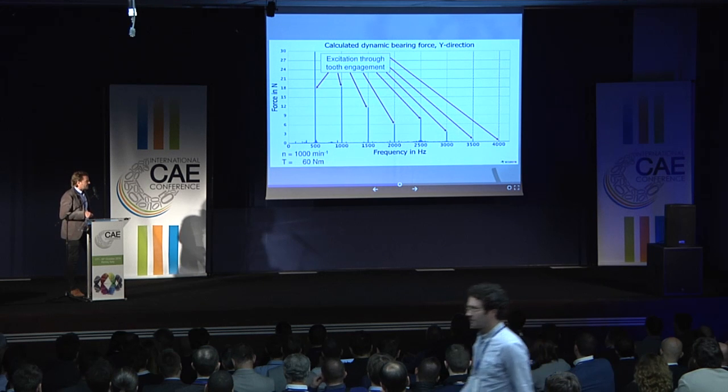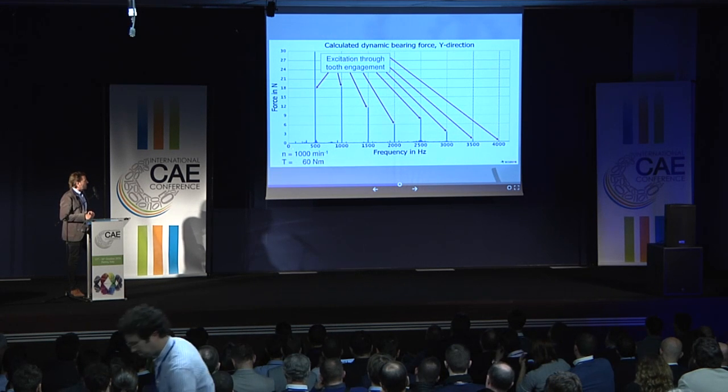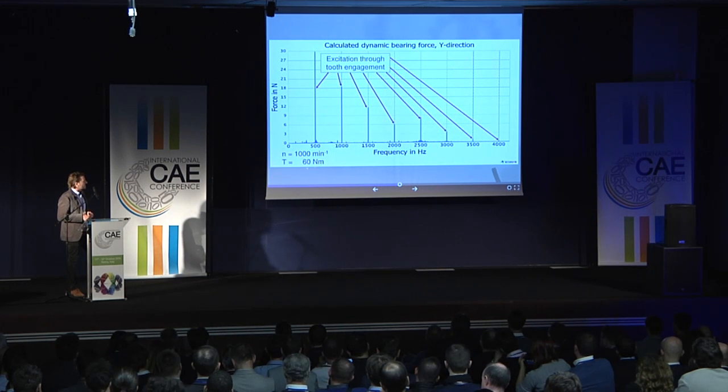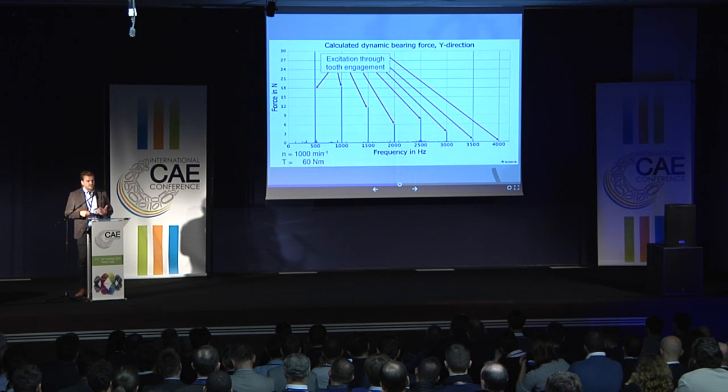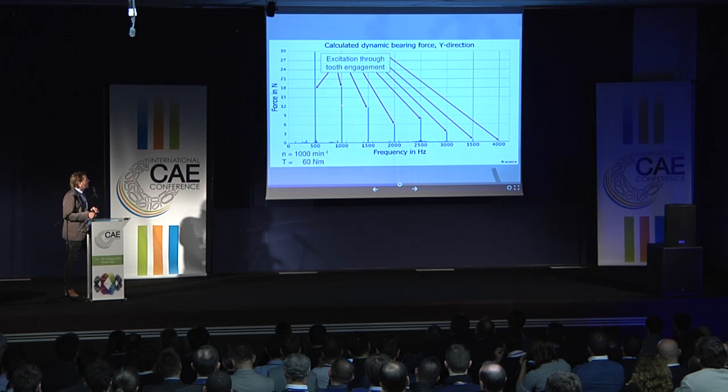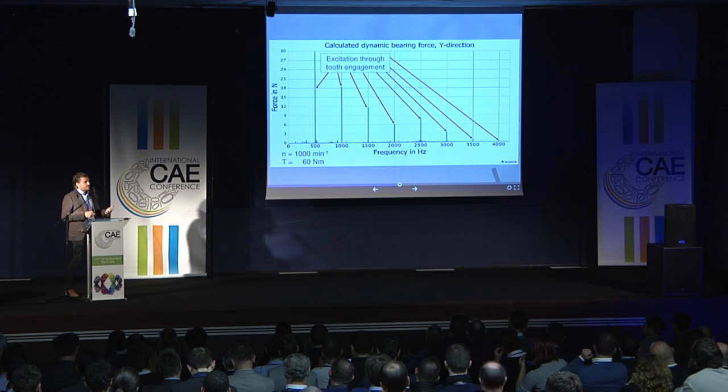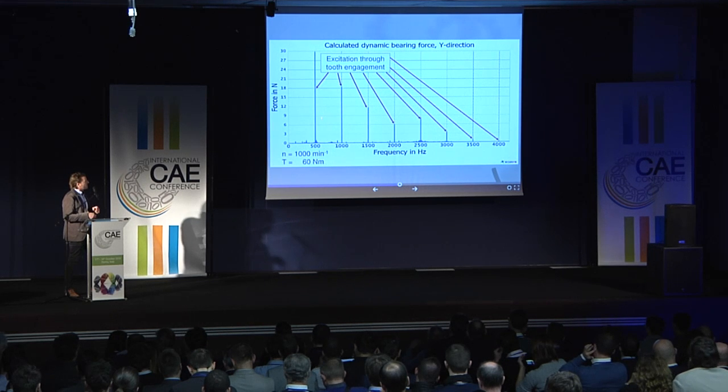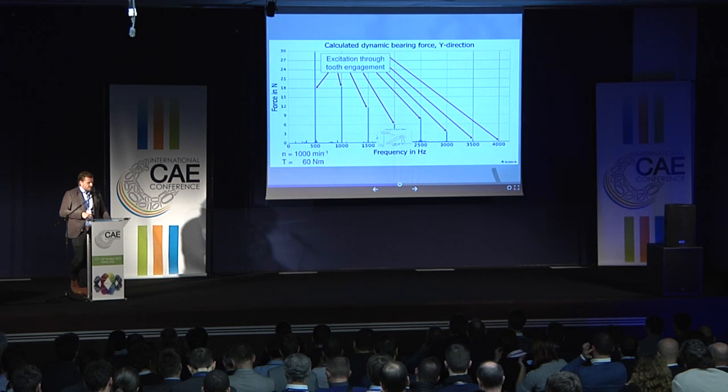So the calculation was done at an operation point of 1000 RPM and 60 Newton meters. And because of the number of teeth, we come to a tooth meshing frequency of 500 Hertz, which we see here. And impact series, as you know, multiples of it are occurring as well. They have to occur, and they do. And what happens if we zoom into this area right here to get a closer view, to see if our model works?